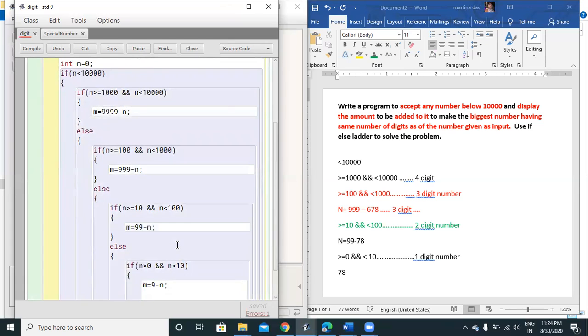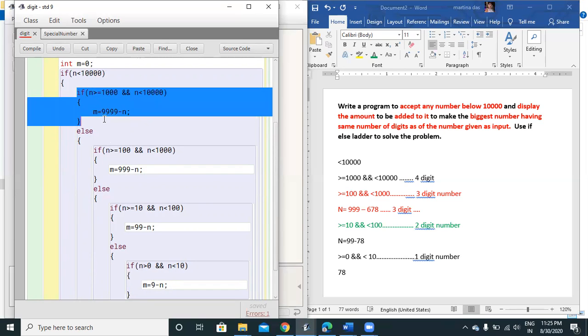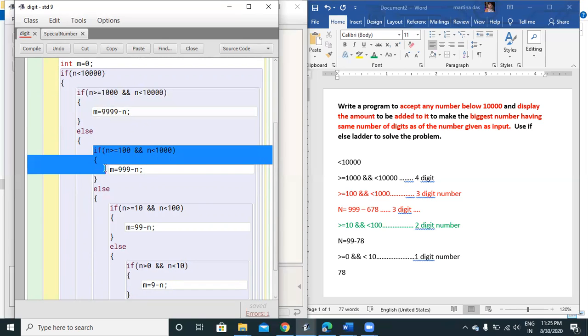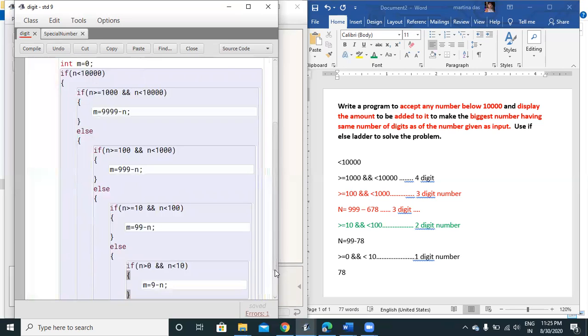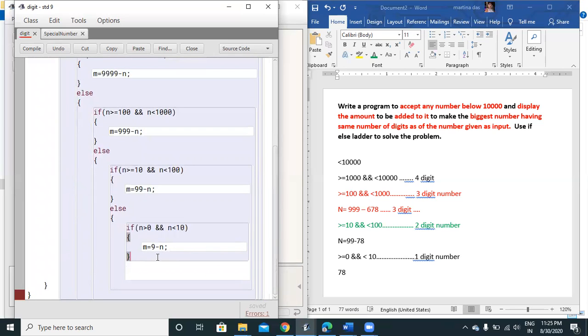So I've got the series: you can see over here it is for my 4-digit number, this part is for my 3-digit number, this part is for my 2-digit number, and this is for my 1-digit number. So I've written all my conditions.